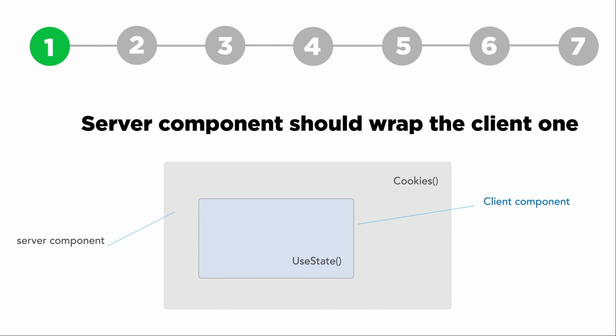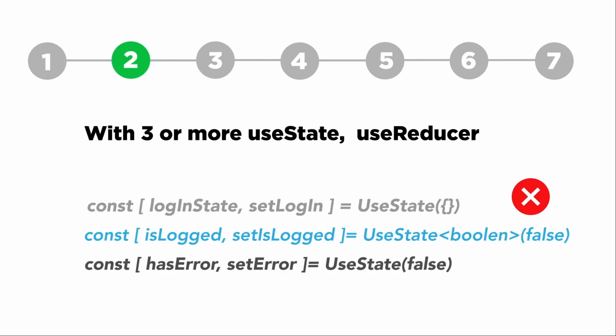Let's say you are using cookies, right? Let's say you wanna get static data or a response from a server. Let's say cookies. It will be better for you to just get the cookies from the server, and then inject the response, if not the data, into the client components. That's number one. So number two is that if you are dealing with three or more useStates, it will be better just to use